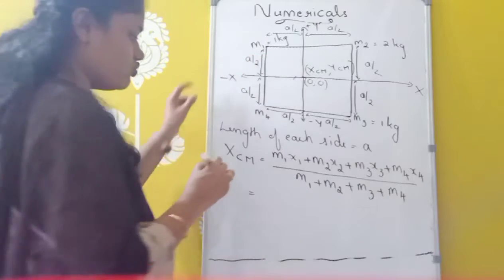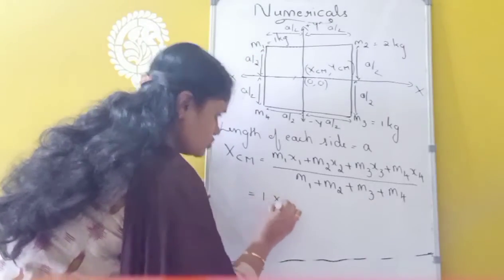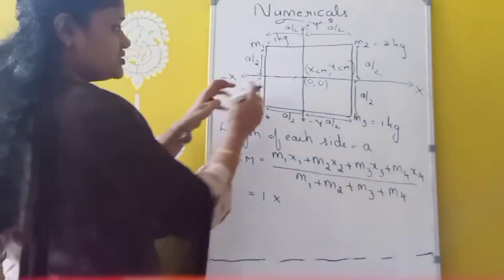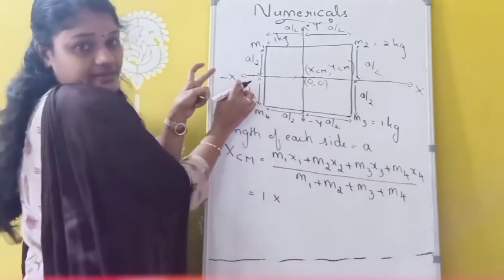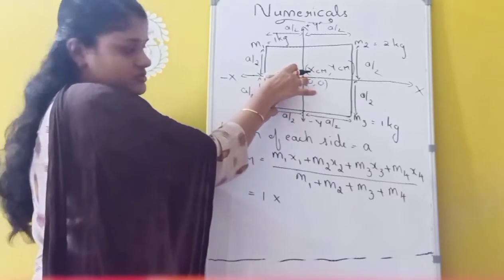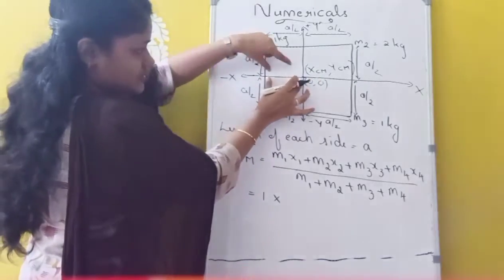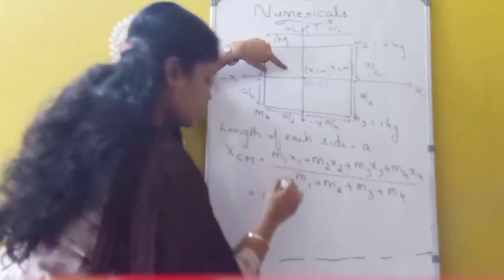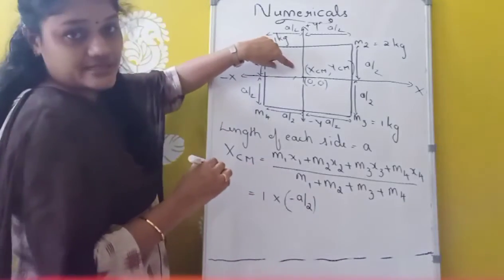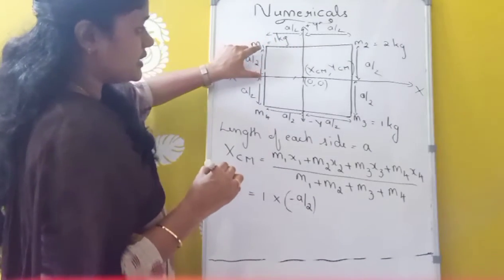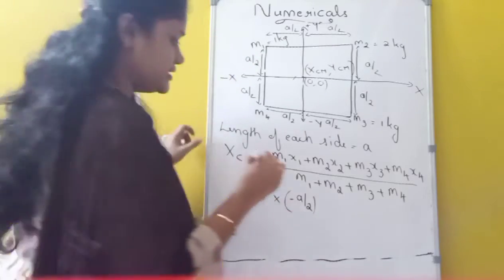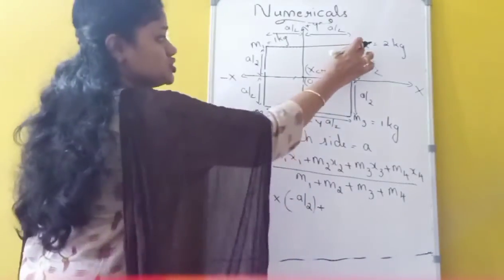That is equivalent to M1. What is the mass here? 1. So 1 into x1, meaning distance of mass M1 from the x coordinate. So from the x coordinate it is towards the left side. That means from the origin towards the left. That means we have to take the distance as negative. So how much distance is this? A by 2. So we can take it as minus A by 2. So from the origin, how much distance? A by 2, that is a negative direction. So we can take it as minus A by 2 here, plus